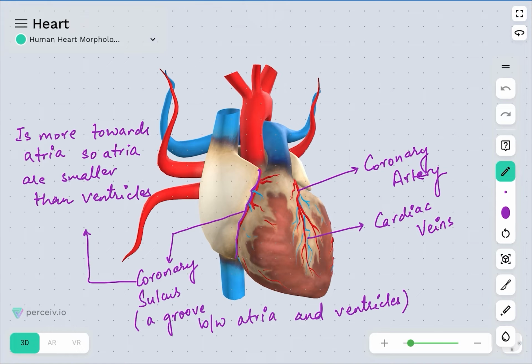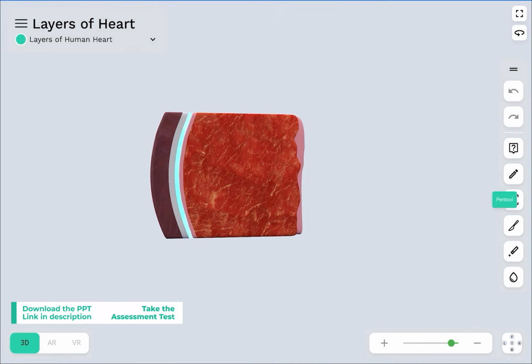All right, so in this we have seen what is the morphology of the heart, what are the different chambers and the blood vessels, and how these blood vessels are oriented in the heart structure. Now we will talk about the wall layers that are present in the heart. As you can see on your screen, the model or the figure is basically representing the wall layers that are present in the heart. All right, so we will be discussing what are the types of the wall layers that are present in the heart, and then we will see their respective functions as well.